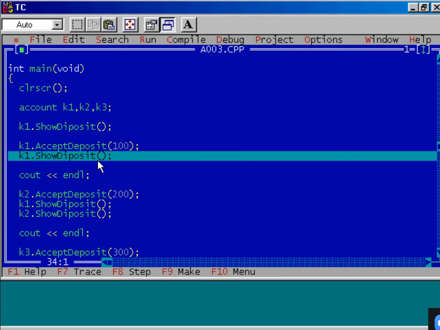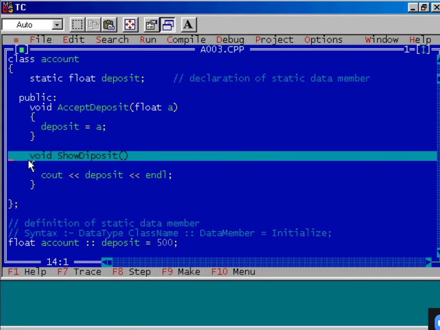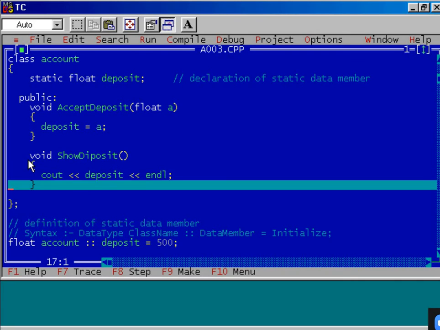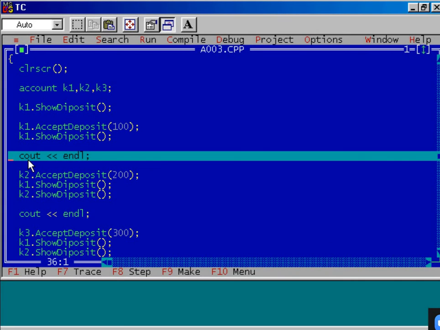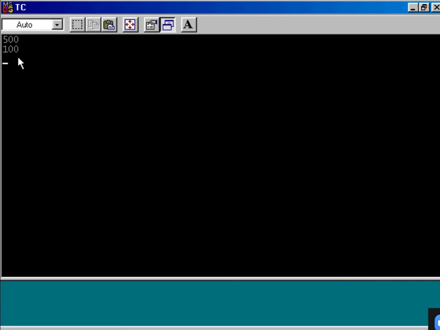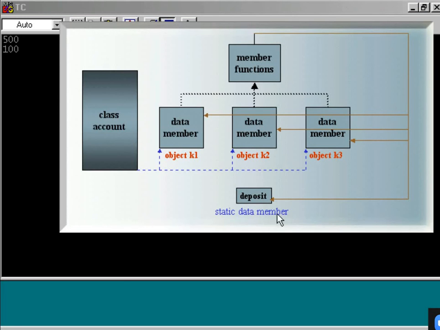Now let us see. Let us call the show deposit member function from the K1 object and display the content of deposit. Press Alt F5. 100 is displayed. Let's see what happened inside the memory with the help of the diagram. You see, this deposit is a static data member. What we have done?